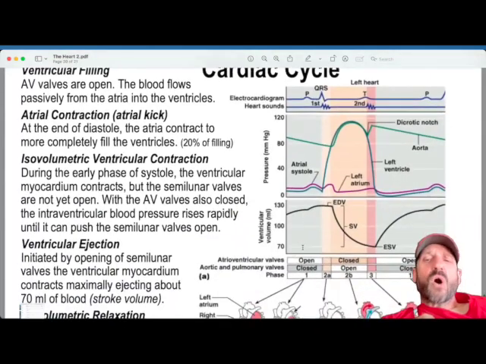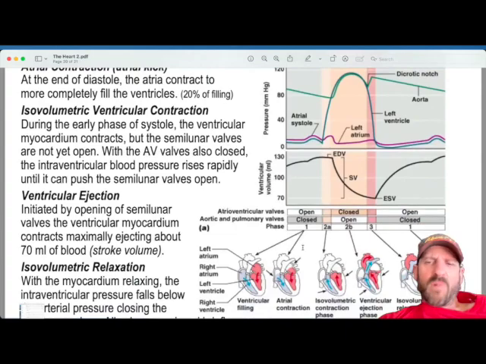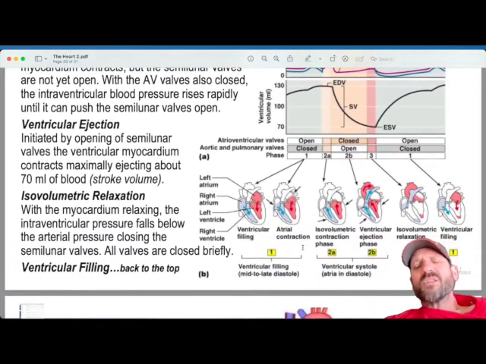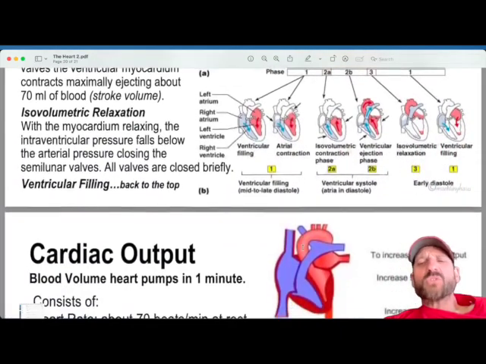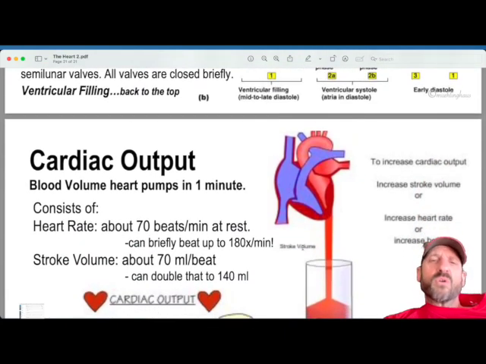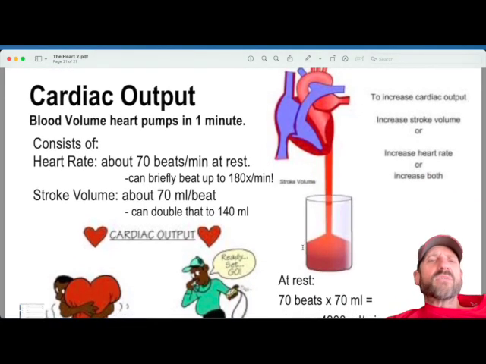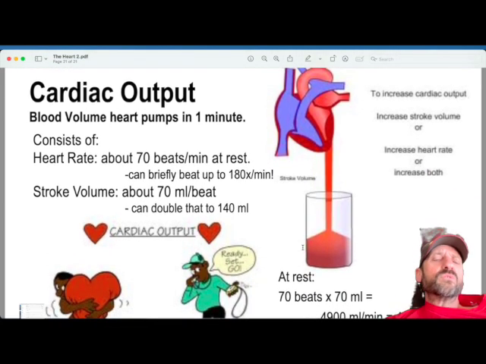And then this just talks about all of the steps of all the stuff that I've been outlining. One of the things we have to do in anatomy and physiology, or in science in general, is categorize things to be able to talk about them. And that's what we're doing here. And then lastly, one term that I want you to learn is cardiac output. That's the amount of blood that can be pumped by the heart in 1 minute.